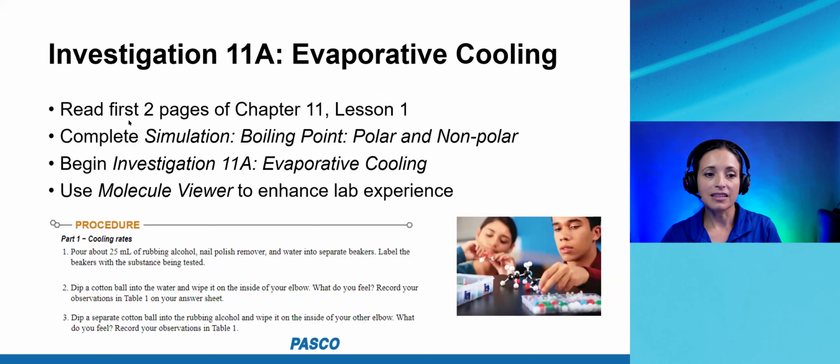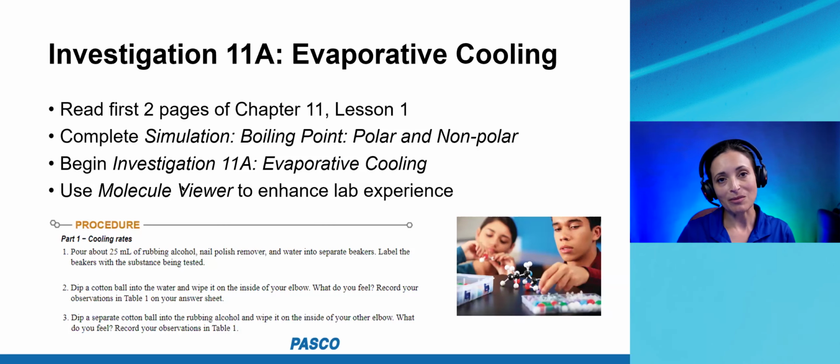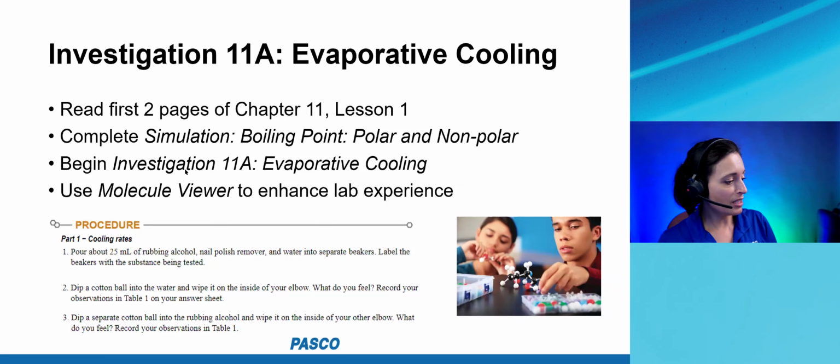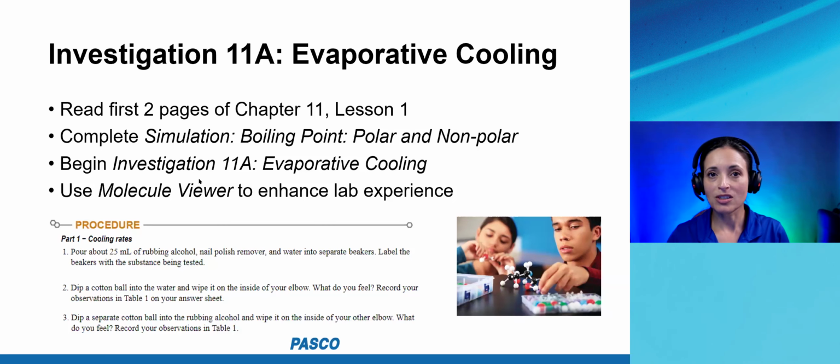So they're reading, they get to the end of their 2-page reading assignment, they get to the simulation for polar and non-polar particles, then they start the lab investigation. And the labs in Essential Chemistry, there are over 70 of them, and they are a mix of traditional labs and sensor-based labs, almost half and half. So we got you covered if you don't have the equipment kit, but it definitely has more depth with the